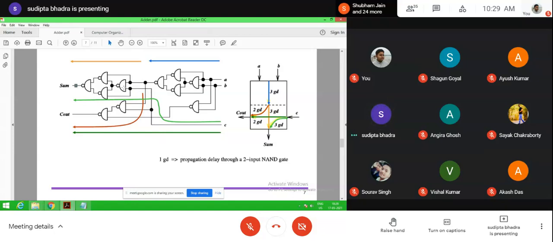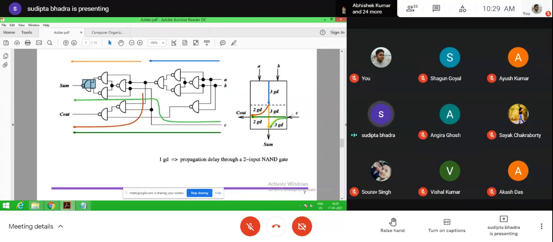Now in this portion, please follow the highlighted part. First NAND gate, then second NAND gate, third NAND gate. So how many NAND gates are required? At least it has to propagate through 3 NAND gates. That's why you see this C, then 3 NAND gates, we get the particular sum.